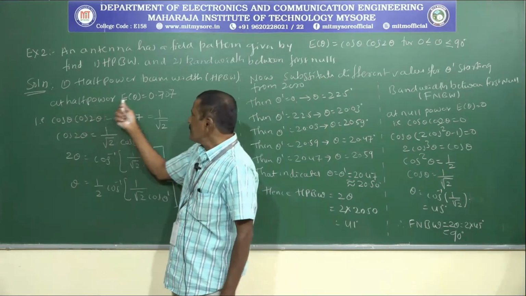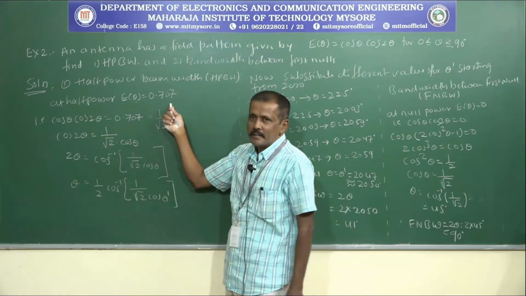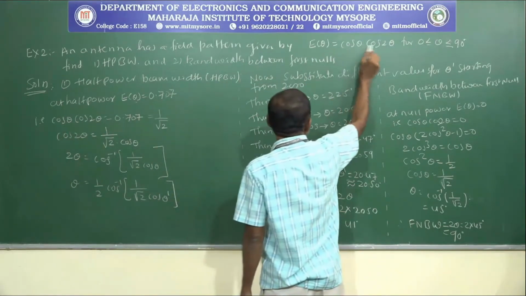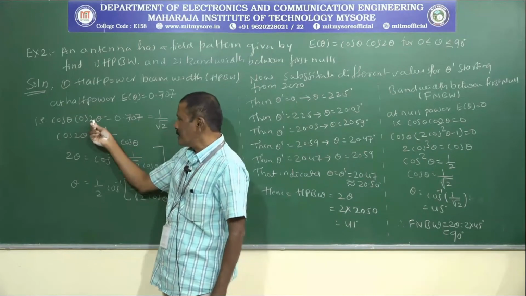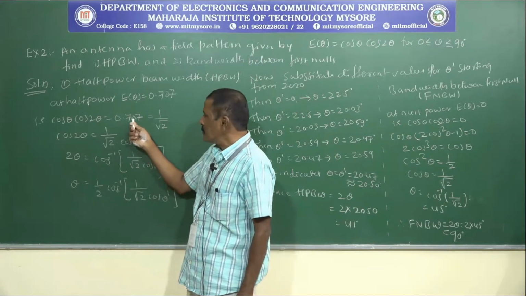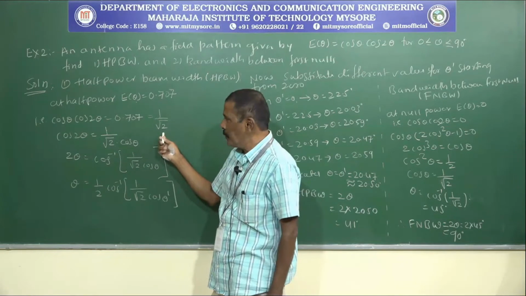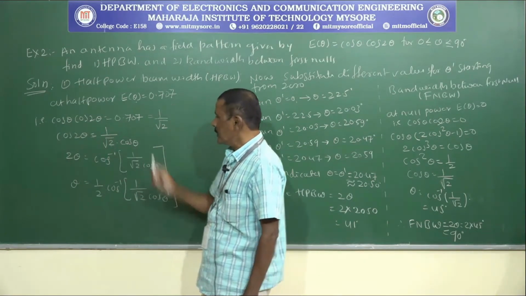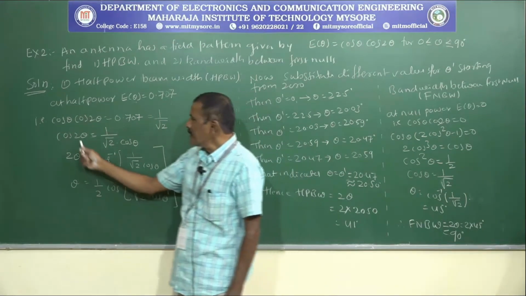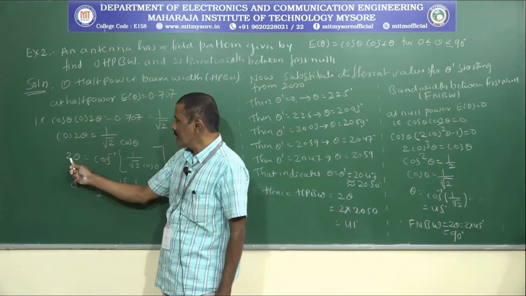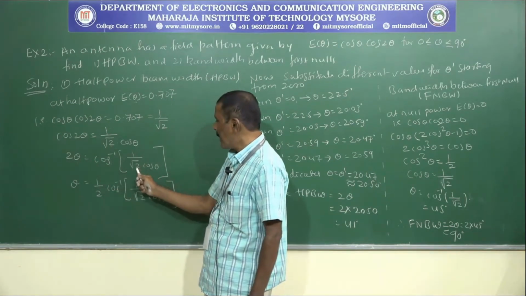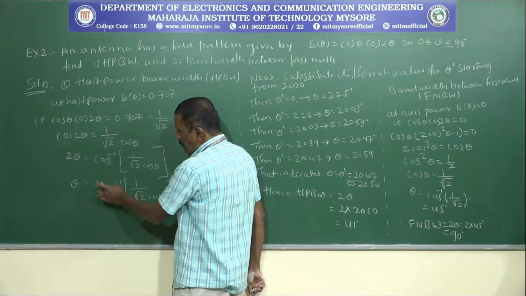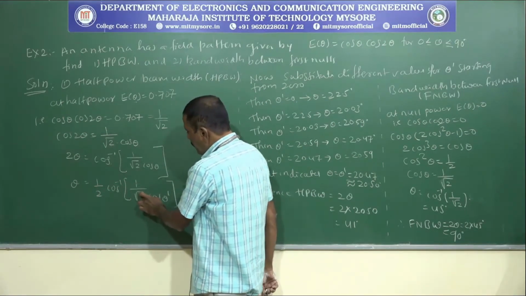At half power, E theta is equal to 0.707. So, here you have cos theta cos 2 theta is equal to 0.707. This 0.707 is equal to 1 by root 2. Therefore, I can write cos 2 theta is equal to 1 by root 2 cos theta. Then 2 theta is equal to cos inverse of 1 by root 2 into cos theta. Therefore, theta is equal to 1 by 2 cos inverse of 1 by root 2 into